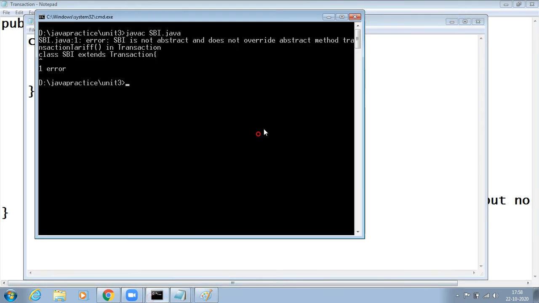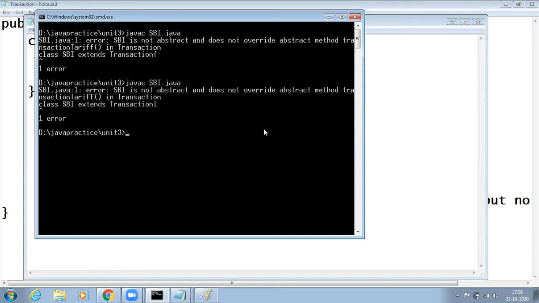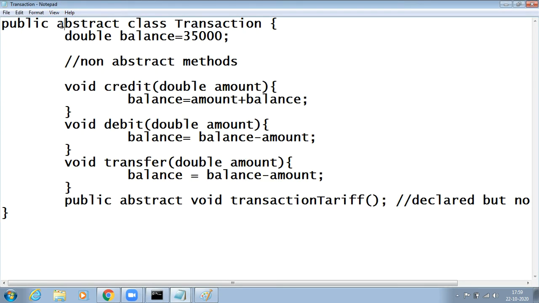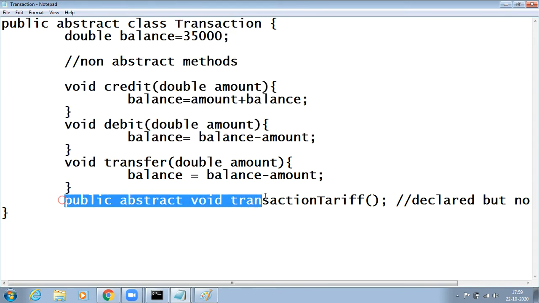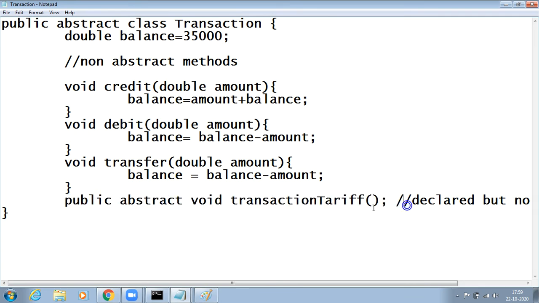Let's try to compile it again. What is happening? SBA is not abstract and does not override abstract method transaction tariff in transaction class. Okay, public abstract class transaction. Okay, it has non-abstract methods, and this is an abstract method. Is it okay? Public abstract void transaction tariff.